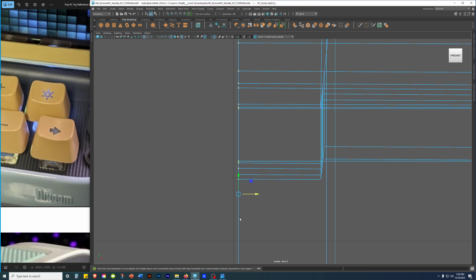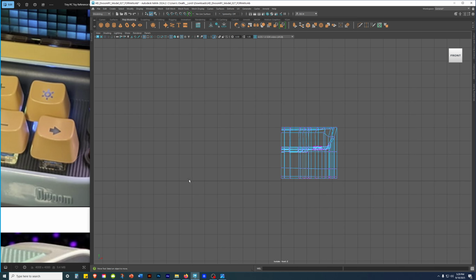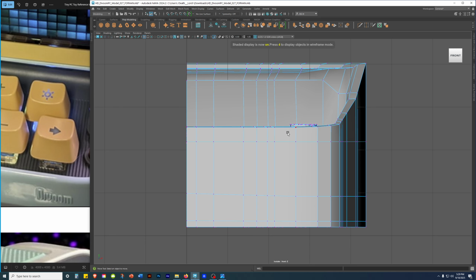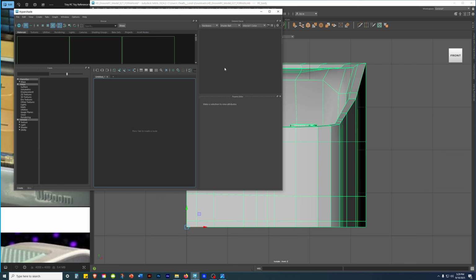Press and hold X as an X-ray, because that way I can snap it to the grid. Alright. And then press 5. I'm going to grab this, right click object mode. I'm going to grab the hypershade, cue ball,